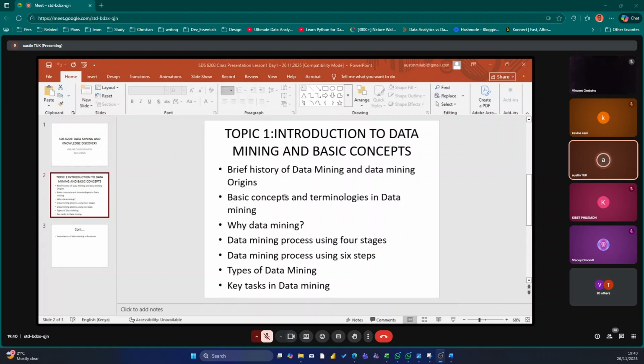As I said, you can have external sources or internal sources. When the internal sources, which databases within the company do you want to use as the source of data to your system? Then when you talk about data warehouses, if you have data warehouses or a data warehouse, which data warehouse are you using as a source of data for your data mining? Stage number 1. Stage number 2 is data preparation.